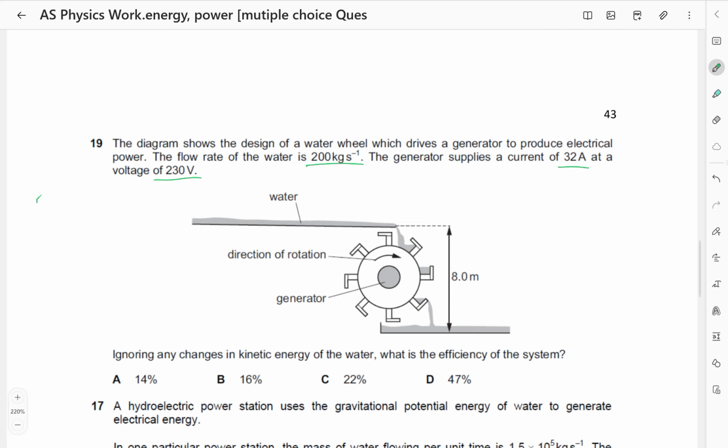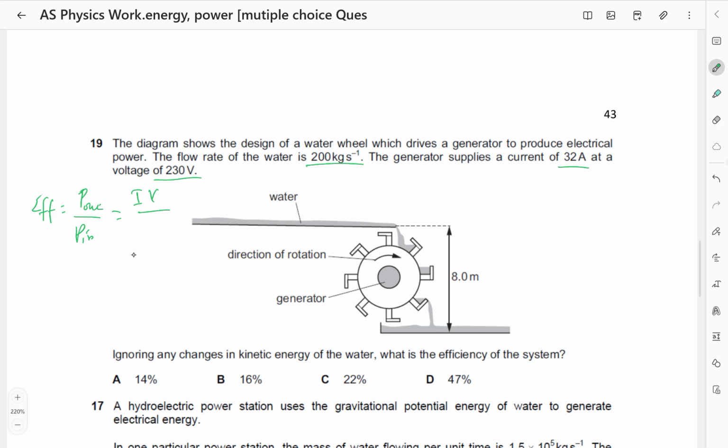So remember, efficiency is equal to the power output divided by the power input. So the power output, because the generator supplies a current of 32 amperes at a voltage of 230 volts, is going to be I times V. But then the power input must be